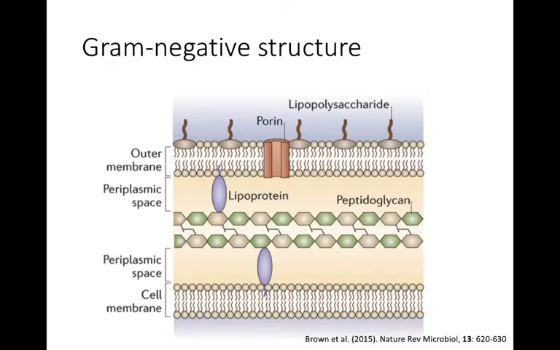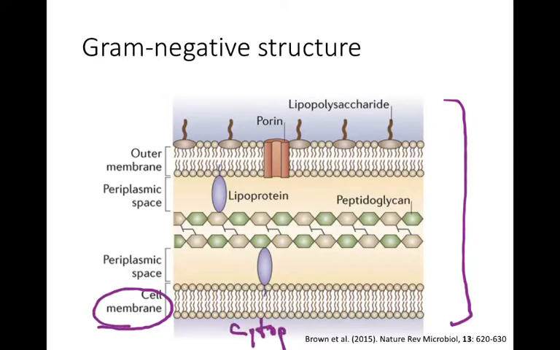Gram-negative bacteria do have a couple of common features that they share with gram-positive bacteria, but they also have some unique features. Again, this full structure is known as the cell envelope, and within the envelope we find a cell membrane. Inside this membrane again would be our cytoplasm. We do have peptidoglycan, and we usually define this layer of peptidoglycan as being thin. It's usually only about 1 to 3 layers thick in comparison to the thick peptidoglycan, which is multiple layers thick